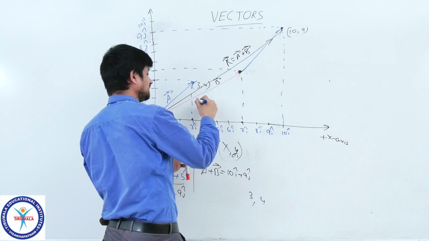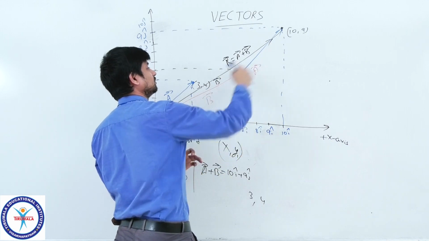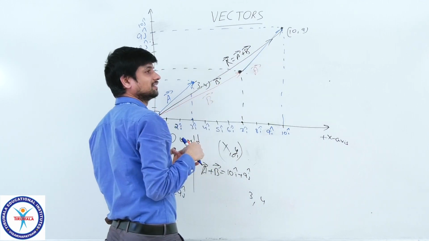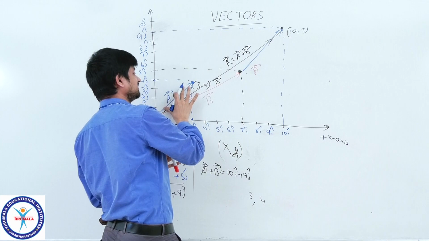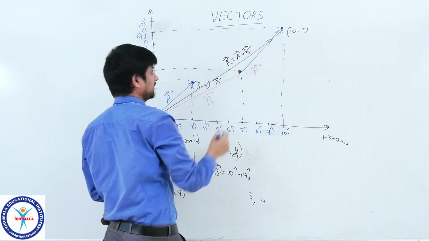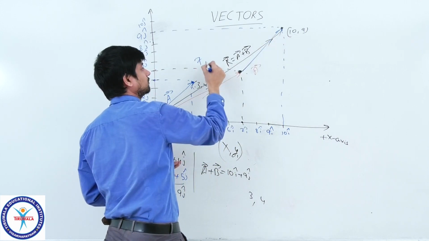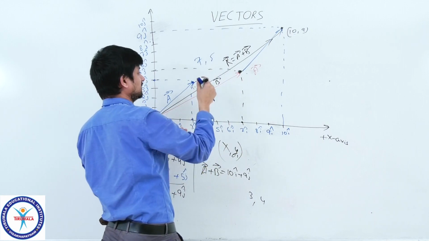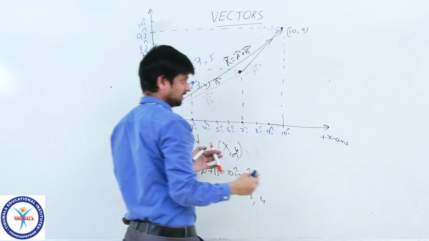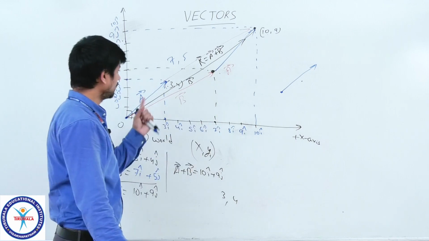The same length. So, if this is B, this is A. So, you can see side of a triangle resultant. Same case. This is A and this B you can trace here. Look at this 3, 4, 10, 9. 10 minus 3, 7, 9 minus 4, 5. So, that can be drawn here. So, I am drawing here, see. So, children, if you draw here, you will know how does it form.